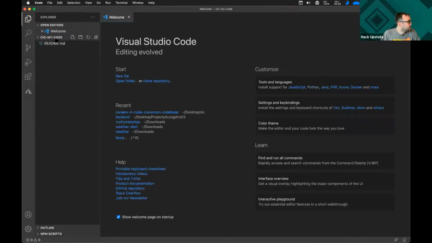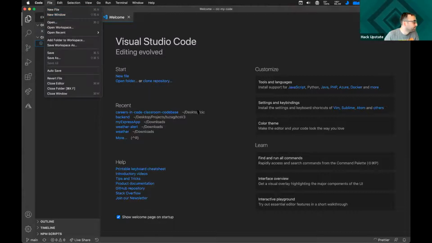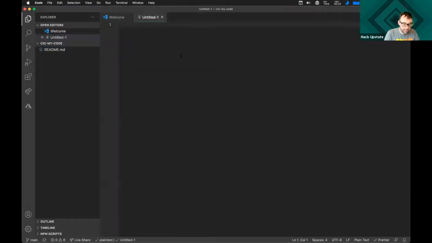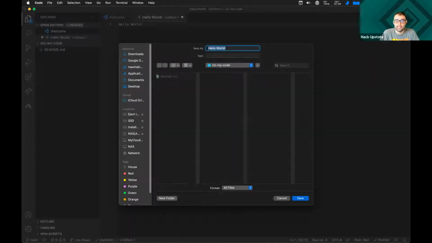Okay, so I want to create a new file. So I'm going to right click and I'm going to, no, I'm not. I'm going to go to File and I'm going to go down to New File. And in keeping with tradition, I'm going to say Hello World and hit Save. I hit Command S to save. You guys can go up to File, Save if you're more comfortable doing that. And it's going to say, where do you want to save it? And I'm going to save it as something called